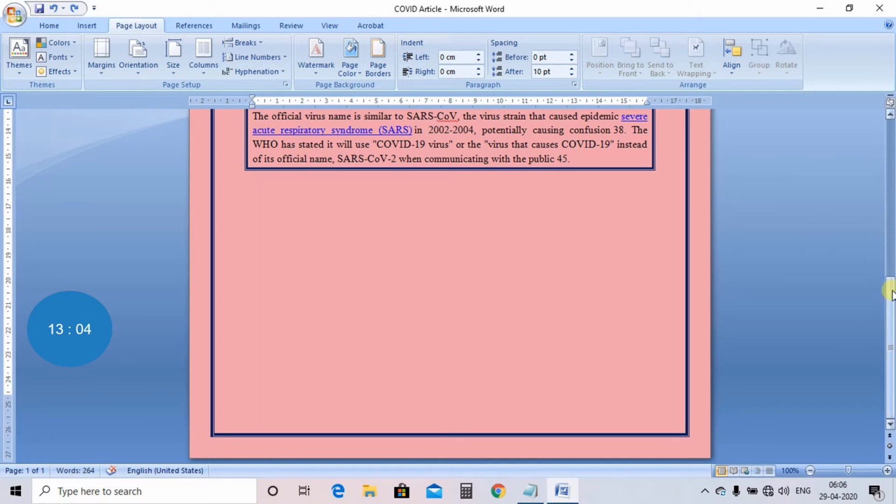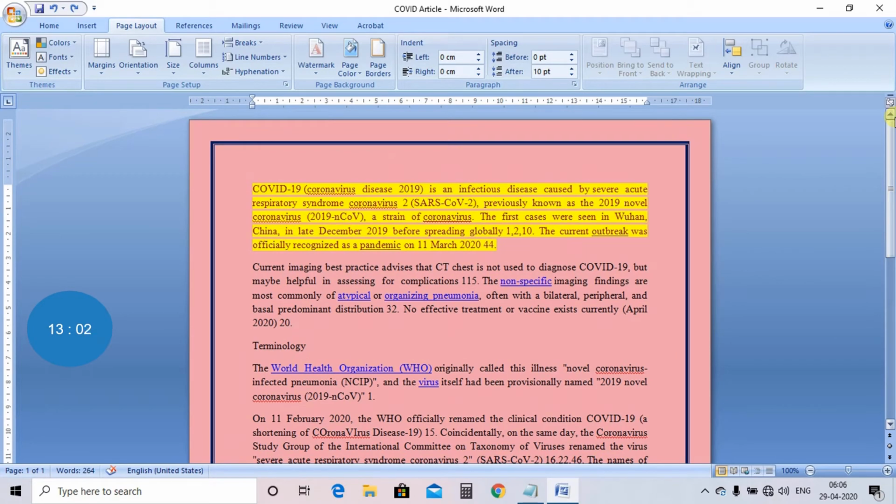Now next part is indent. Now what is this indent? Indentation. The name is indentation. Indentation means the space from the margin to the text, the space between the margin of the page and the text, that is called indentation. Now as I am seeing here, when I click here, this is the left margin.